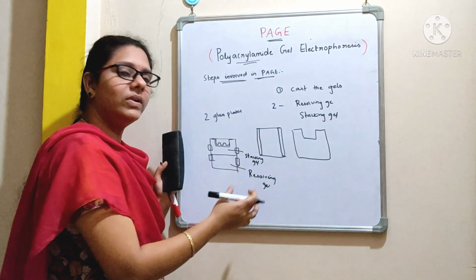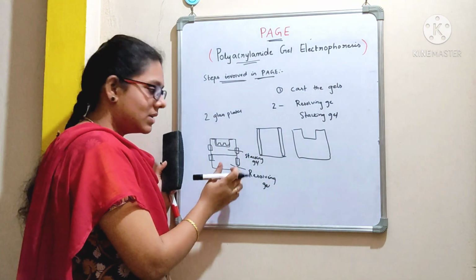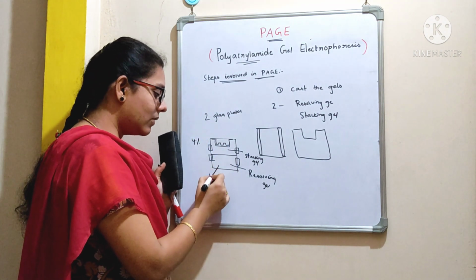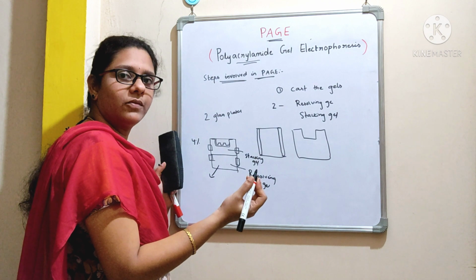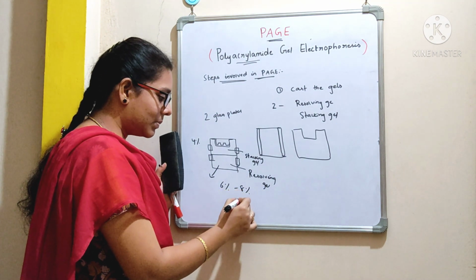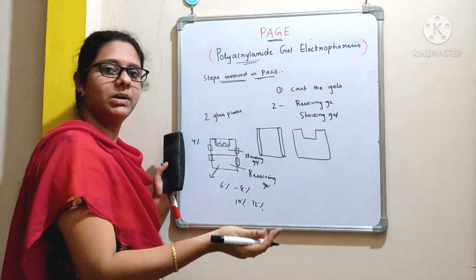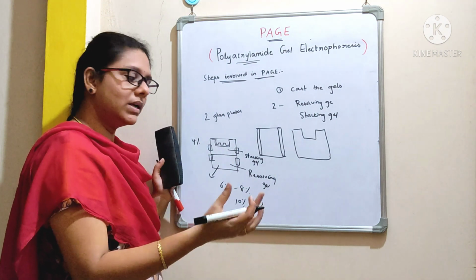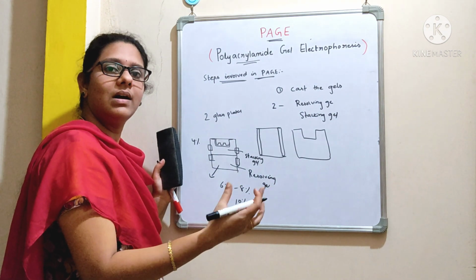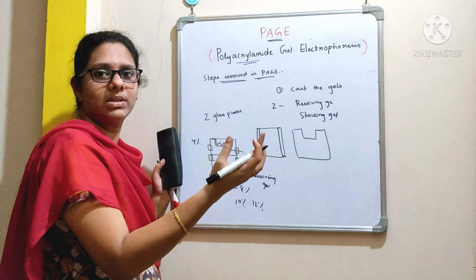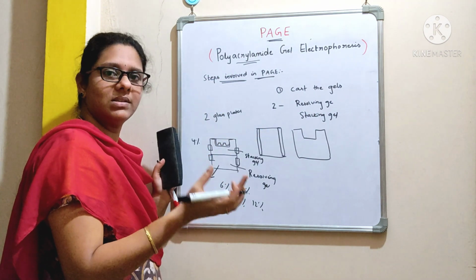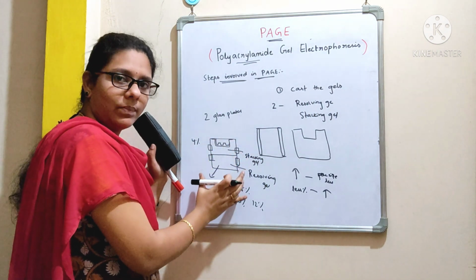You can go with different percentages of the gel. Stacking gel percentage will be 4%, and for the resolving gel you can go with any percentage of your choice: either 6% or 8% or 10% or 12% or 15%. It depends on the molecular weight of a protein. If the protein has a higher molecular weight, go with the higher pore size, and if you have a small protein, the smaller pore size is sufficient. And this is how you set up the plates.